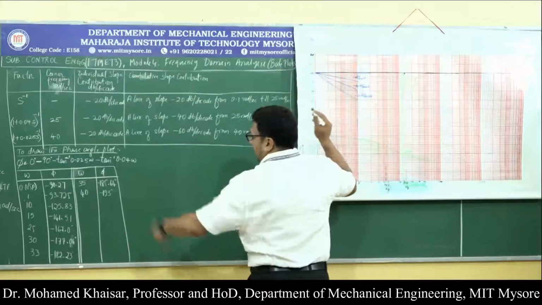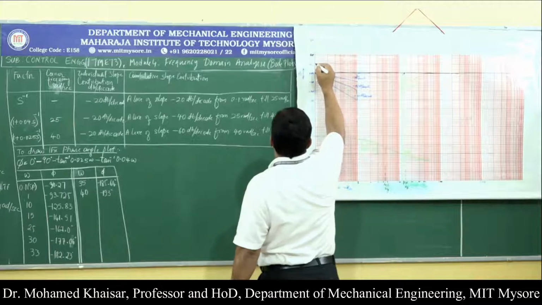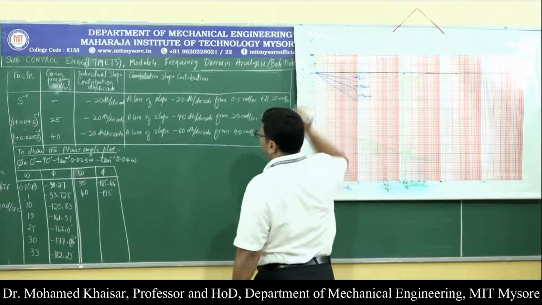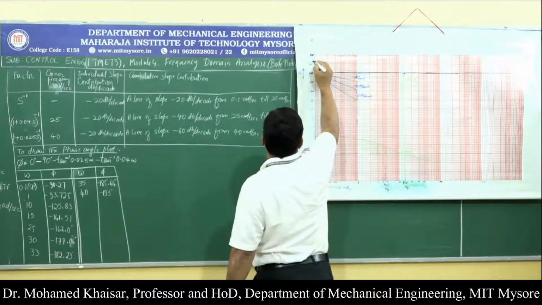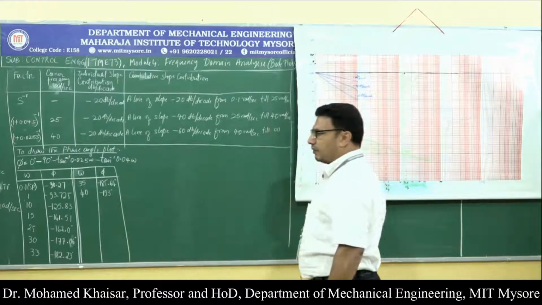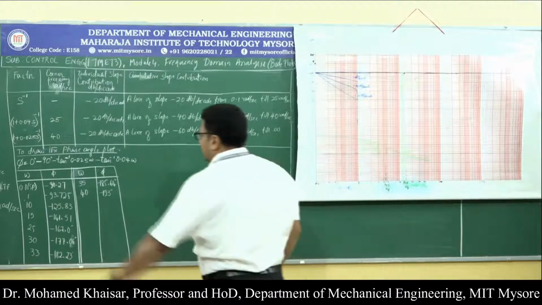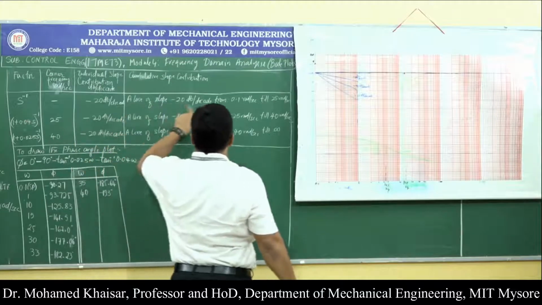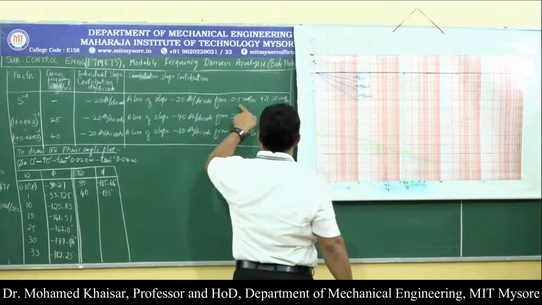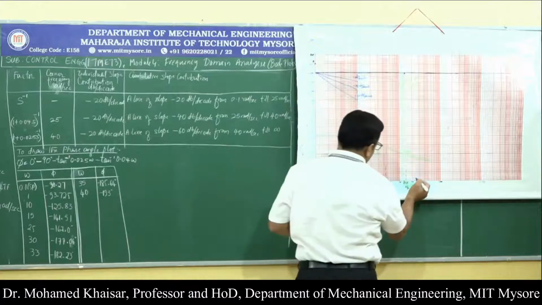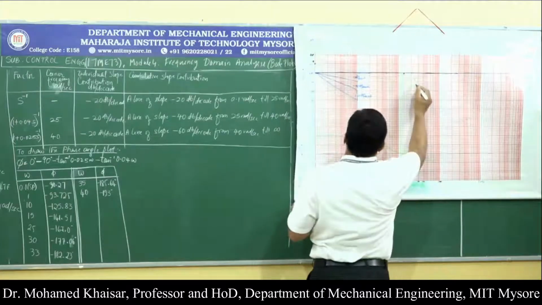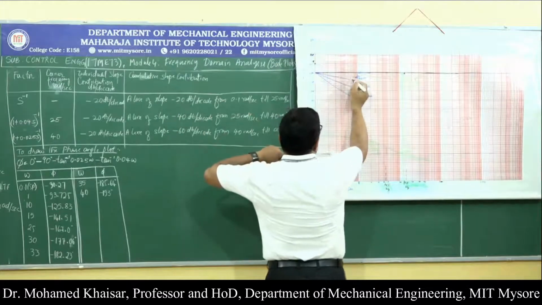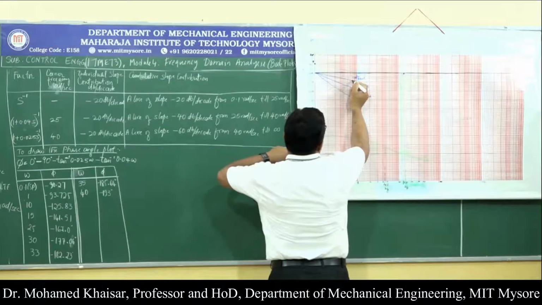Now, we are starting from 20 decibels along the y-axis as the starting point at 0.1 radians per second. So, I have marked the starting point 20 decibels. It is not per decade, it is along the y-axis. Then for the factor s power minus 1, a line of slope minus 20 decibels per decade from 0.1 radians per second till 25 radians per second. So 25 is somewhere here, and this line has a slope of minus 20 decibels per decade.